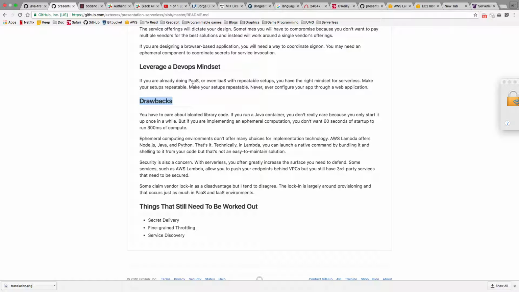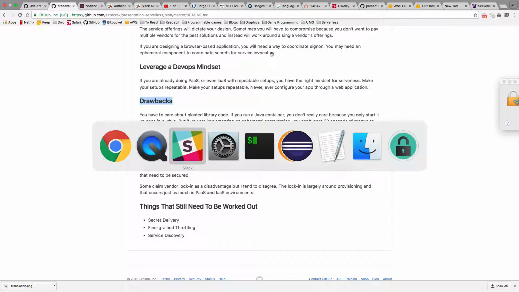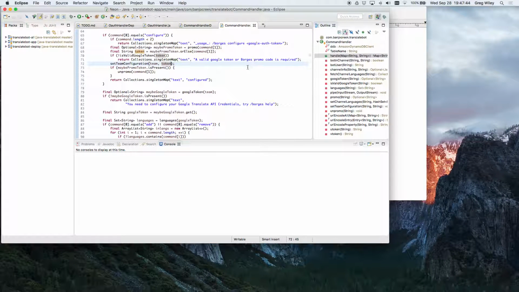Right. So I will show you a solution, and part of the stuff that I did for this application is to put it behind a gateway that does have fine-grained throttling, and that's what we're doing here. So I'm about to show you an application. We're going to fire up some actual code. This is just pretty simple Java code.